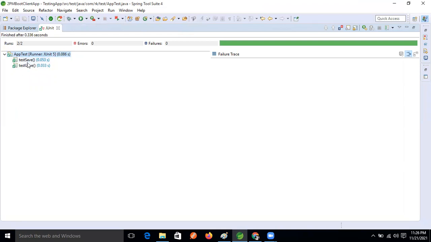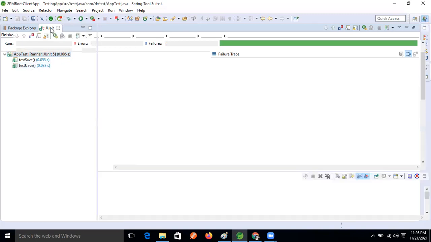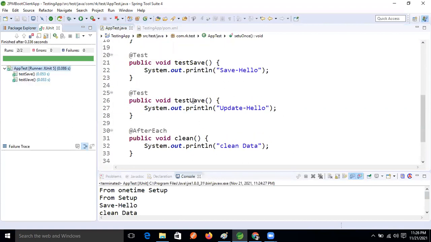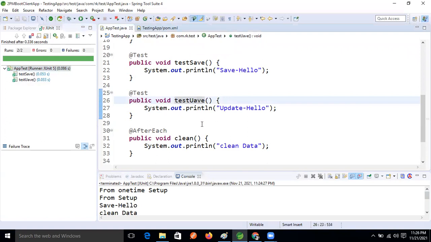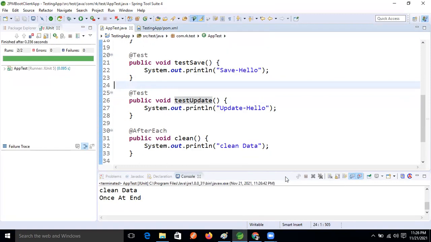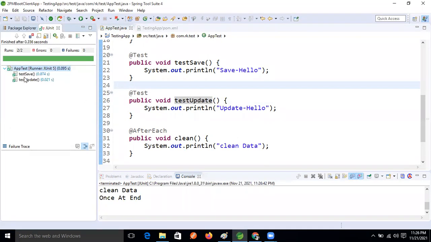And here the test save and test update methods are coming, on the JUnit console, guys. But I don't want this method name. I want our own choice of name, guys. Then what will we do now? I don't want the default names. I want our own choice of name.